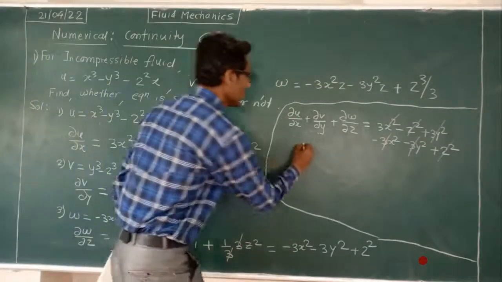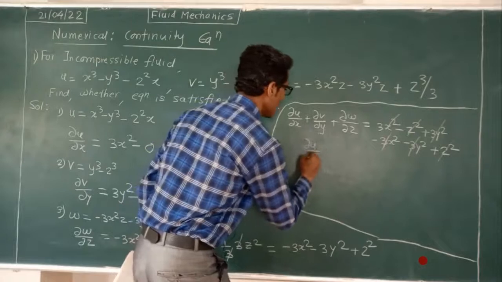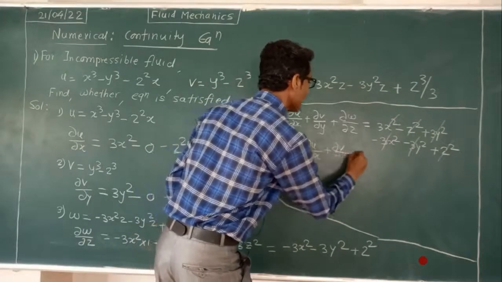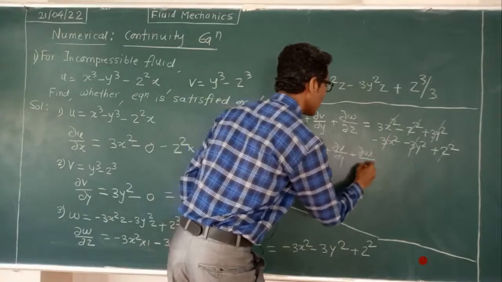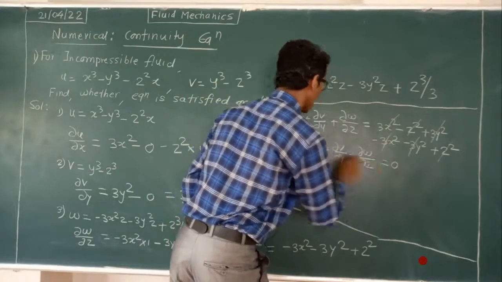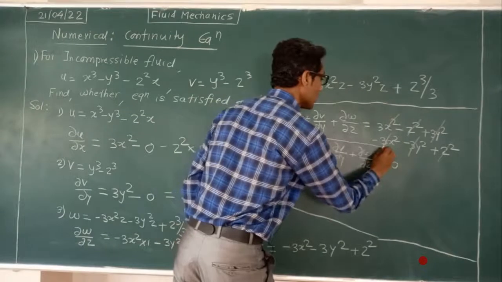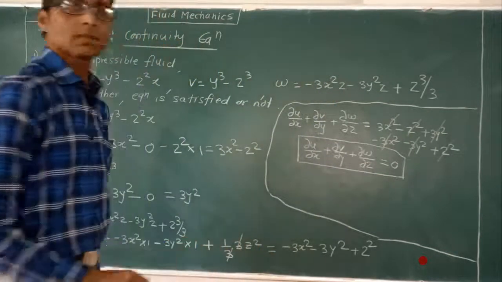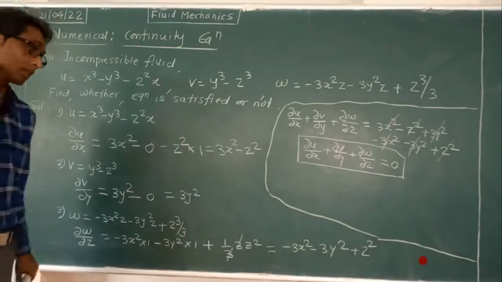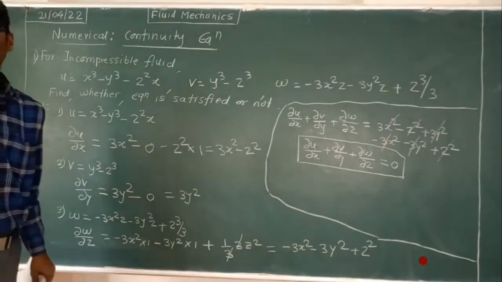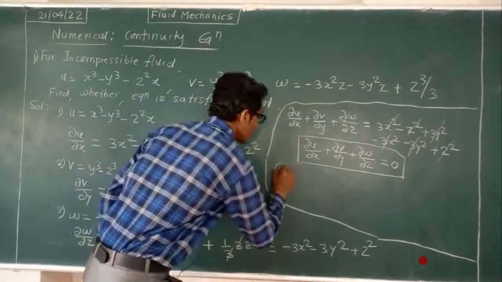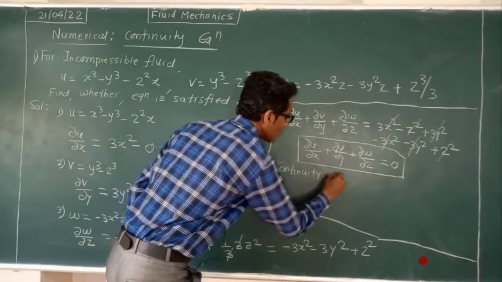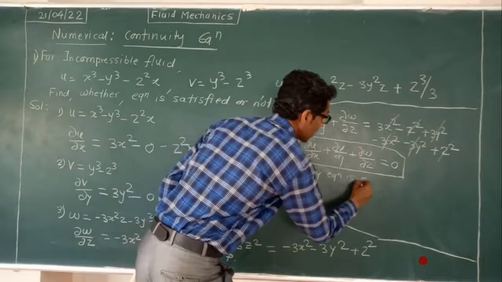So that is why we find ∂u/∂x plus ∂v/∂y plus ∂w/∂z is equal to 0. As per the theory, the summation of these three differential velocity components comes 0. Means in this case we say that the continuity equation is satisfied,